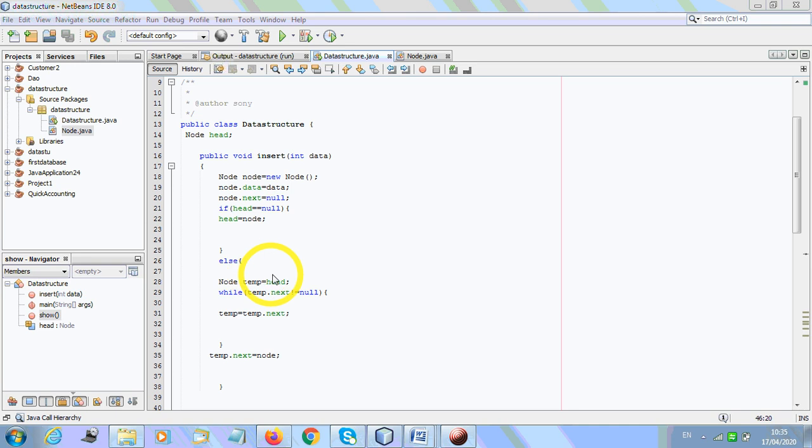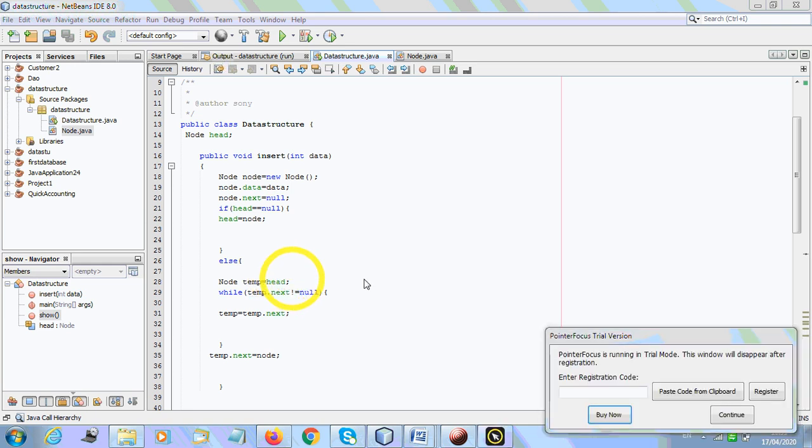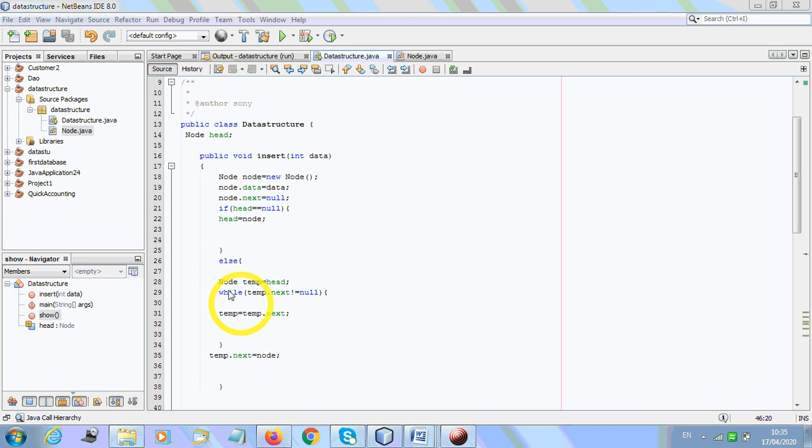Okay, so to insert that one, we'll have to see the place where we are going to insert. Although we have the one element that is of 2 value, that is there itself. So what we are going to do? We are going to traverse. Traverse will start from head itself. Now see, temp is going to be head. Temp dot next not equal to null. It means it is going to point first to the first node, and its next value will be null there, because there will be only one element. So if it is null, we go outside of this loop.